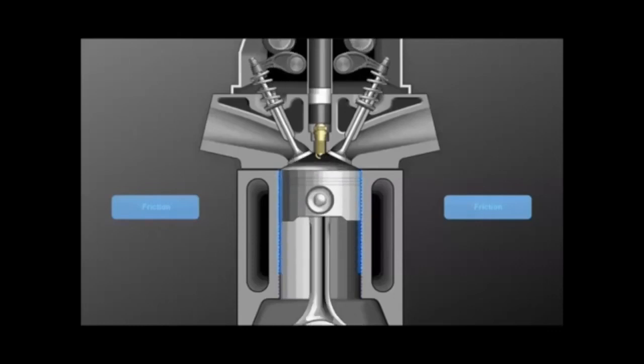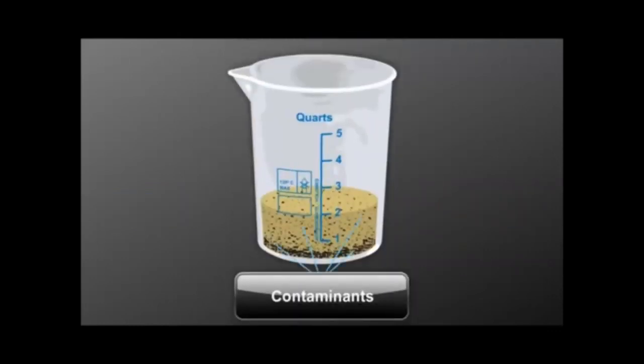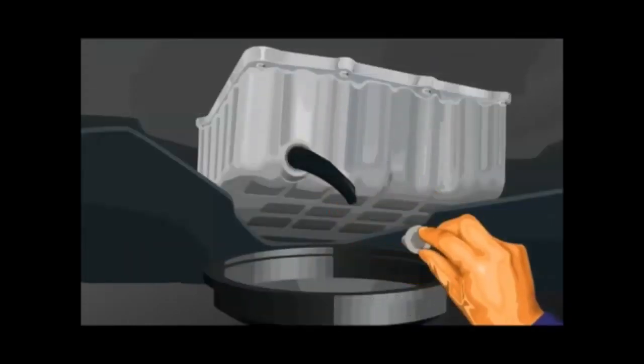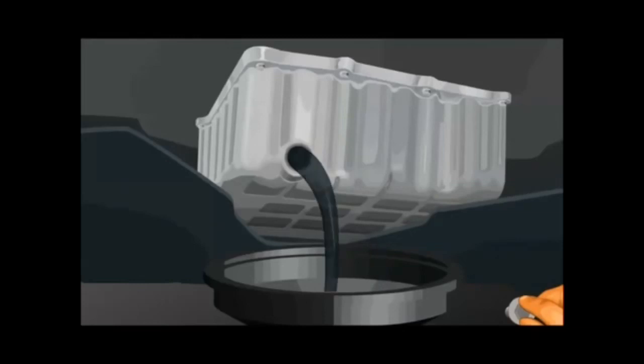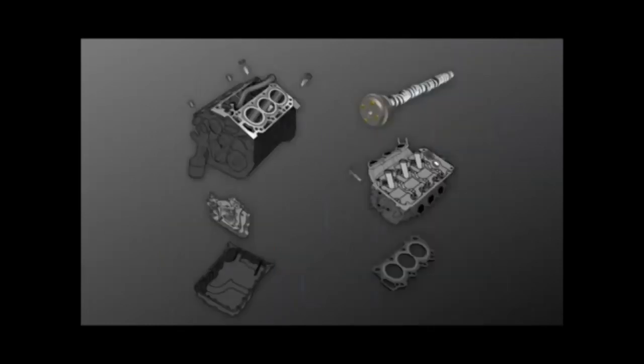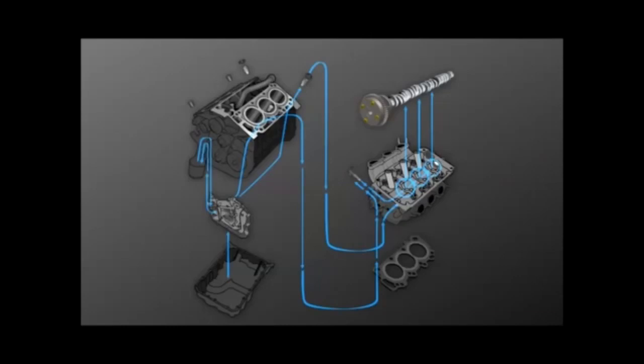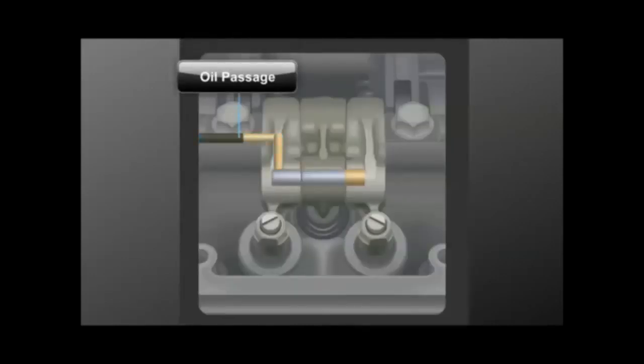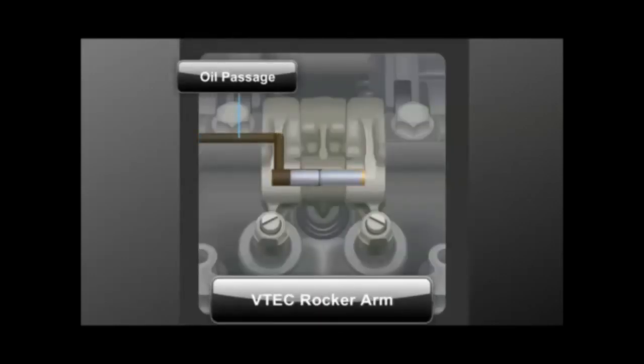Oil also suspends harmful contamination between oil changes. Every oil change flushes the suspended particles and damaged material out of the engine. Oil also protects against rust and corrosion by coating the internal engine parts, preventing oxidation. As oil flows through the engine, it also removes heat from the friction points and transfers it to the cooling system. Finally, vehicles use oil as hydraulic fluid for engine components such as VTEC, rocker arms, VTC,